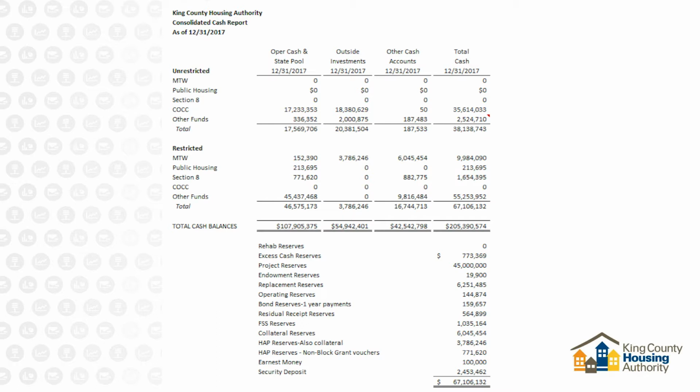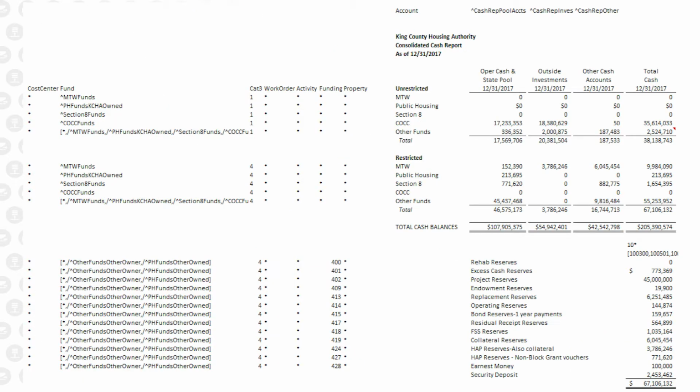As I mentioned, you'll see there's a bunch of 4s on the left side of the screen. That's indicating that what it's drawing is accounts with restriction type 4. And then in the middle, you'll see 400, 401, 402. That's drawing from what we call our sixth segment. We call it funding source, though we use it for things besides strictly a funding source. And that is how we define what we set the money aside for.